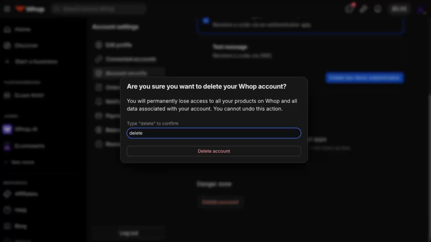At this stage, Whop may ask you to confirm your choice, enter your password again, or acknowledge that this action is permanent. Carefully read any on-screen warnings so you understand what will be removed and whether there is any waiting period. Once you confirm the deletion, your Whop account will be scheduled for permanent removal. That's all you need to do to permanently